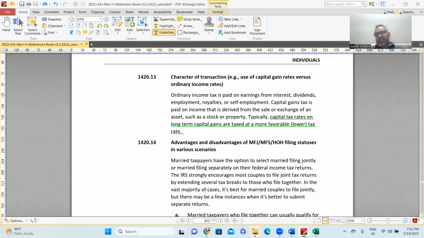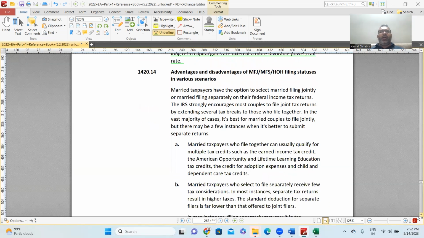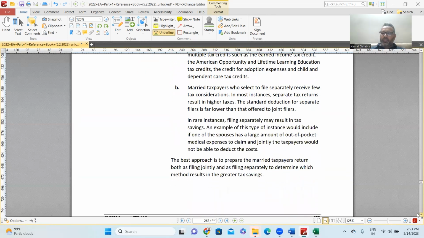Next one is the filing status. This also we have discussed in chapter 1 in much detail. All 5 categories of filing status: single, married filing jointly, married filing separately, head of household, and qualified widower. The most advantageous situation, we all know, is married filing jointly and qualified widower, then head of household, then single, and the least advantageous is married filing separately. All those things we have already discussed in chapter 1 in detail. So this is the same thing. Go through it on your own.